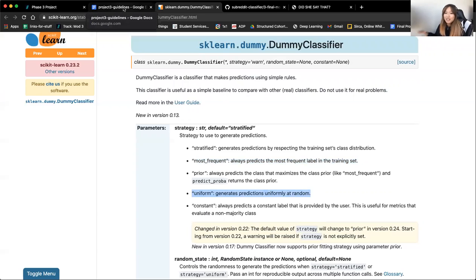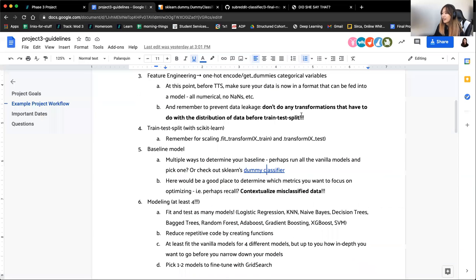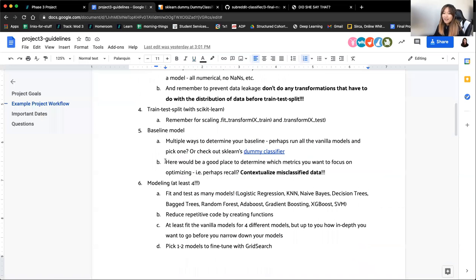Cool. All right, so dummy classifier, definitely something you can consider to use as your baseline. You don't have to. All right, back to this. After your baseline model or after your first model would be a really good place to determine which metrics you want to focus on optimizing,